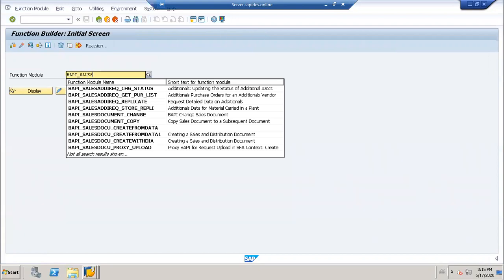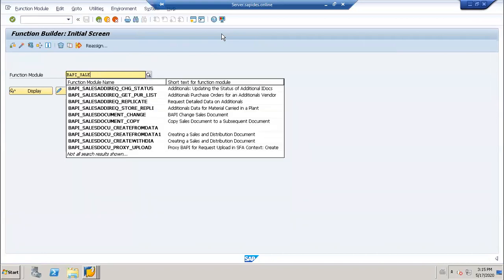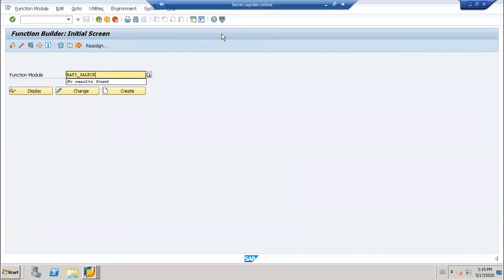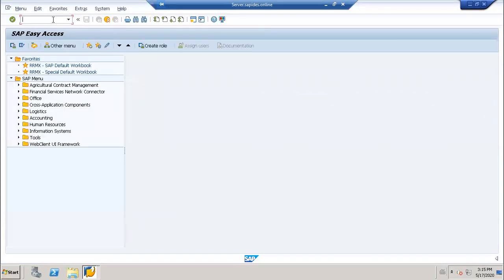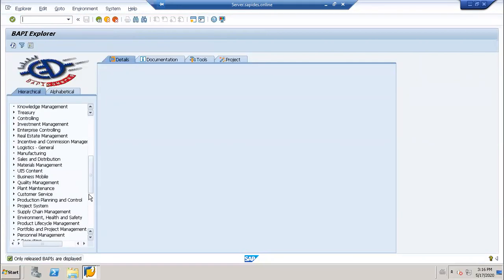How can we find the BAPI? You have to go to the BAPI transaction. I will discuss all this in my BAPI topic. Here there is a module called Sales and Distribution.